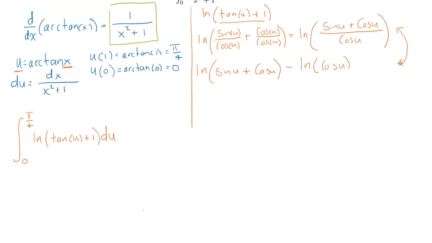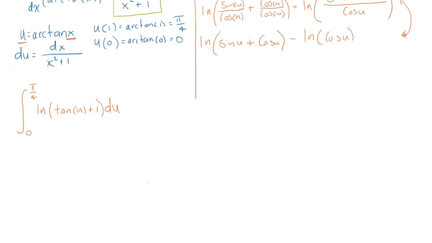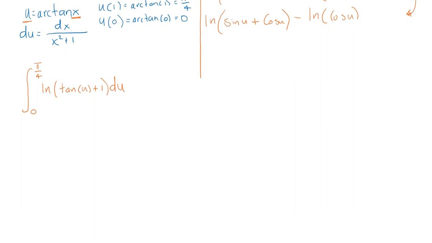Well, we notice on the natural logarithm on the left, inside we have sine of u plus cosine of u. So let's play around with some trig identities or properties and see if we can replace that with something that is explicitly in terms of cosine, because the logarithm on the right hand side is explicitly in terms of cosine. So the property that we're going to use, and I will write it down here, it is cosine